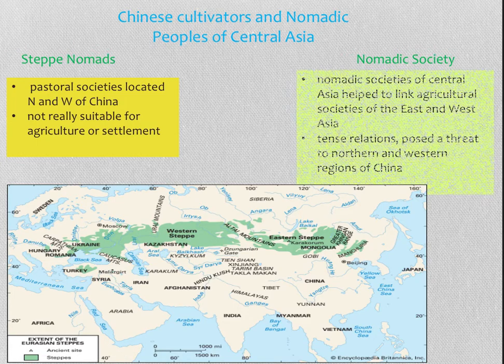These nomadic societies of Central Asia help to link agricultural societies to the east and the west. What ends up happening is that these nomadic societies really can't exchange any food or crops, but what they do have are animals and horses, and they begin to exchange those goods for the foods and the crops that these dynasties have. And even though you think this exchange is good between the two, and so that would make relationships good, it's actually kind of a tense relationship between these nomads and the already settled Chinese societies that are there.